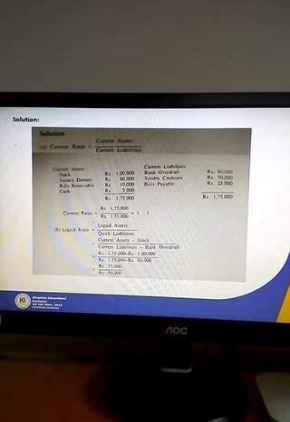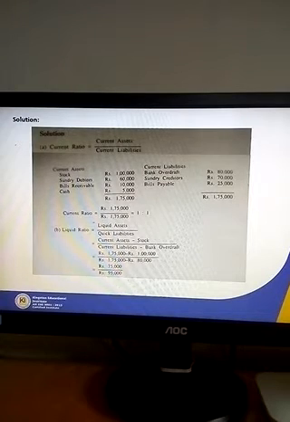So we can say that the company is running at a high risk, because we know the standard is current assets must be twice of current liabilities. That means it should be 2:1, but it is 1:1. That means the current assets and current liabilities are equal. So it is running at a risk. At any point of time, current assets may fall below current liabilities.